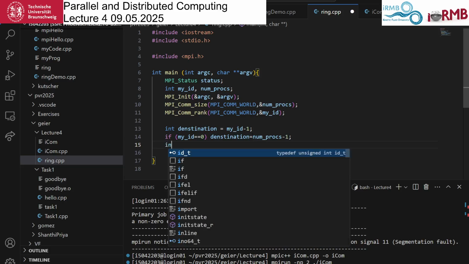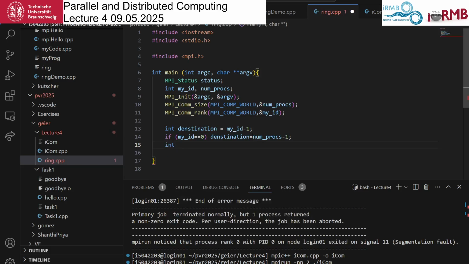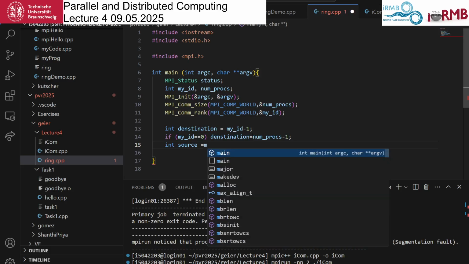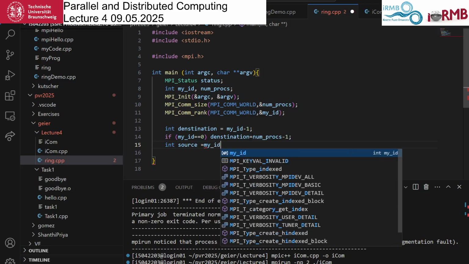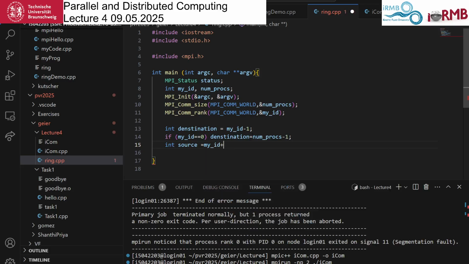Also we have a source, where it's coming from. The source is the neighbor on the other side. So if the destination was my ID minus 1, then the source is my ID plus 1, right? And then we have the opposite problem